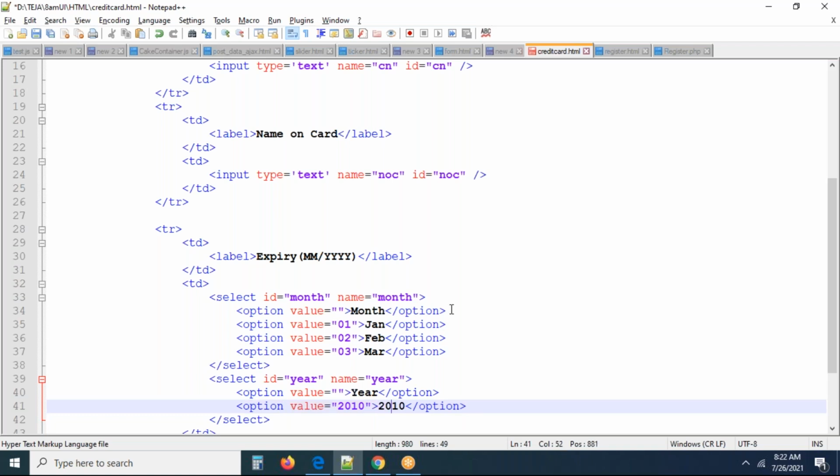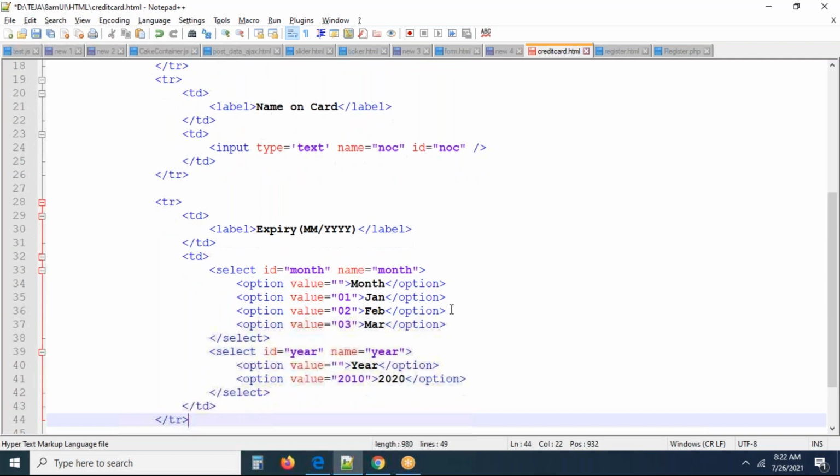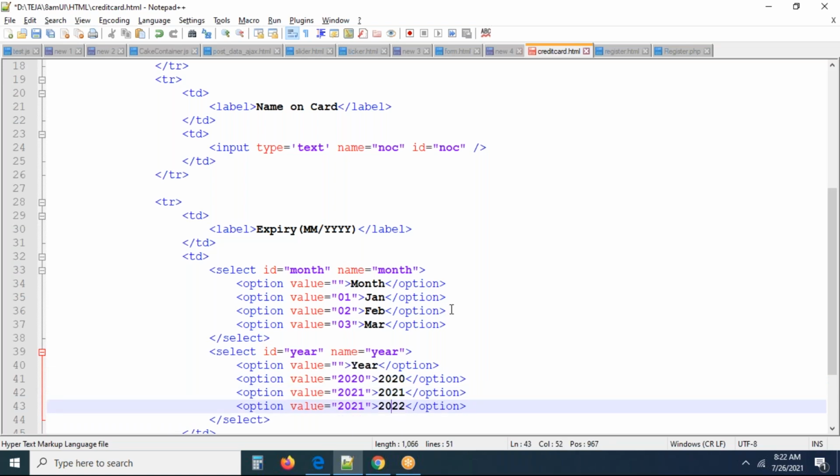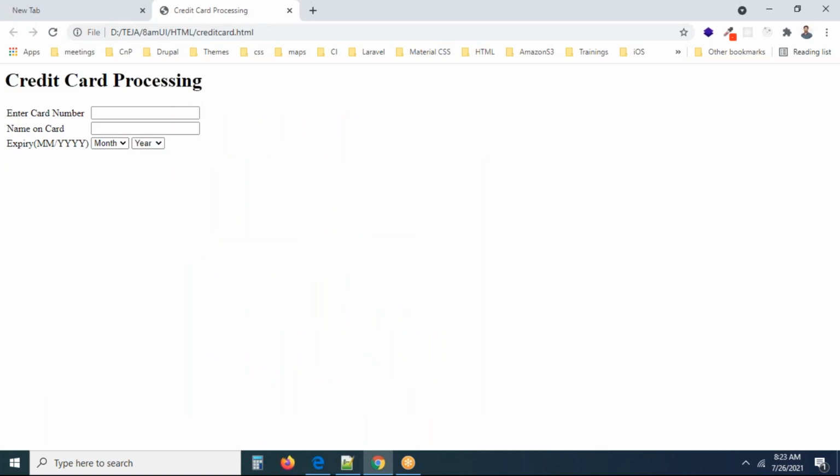So can I take this as 2021, 2020? You can take 2021, 2022. Card may be issued, I don't know when they issued the card. It's not a problem. So you can take 2021, 2022, something like this. You are going to take some years exactly, right? So this is also a way of creating. Just I'm adding a little bit, and these are what exactly we are going to add